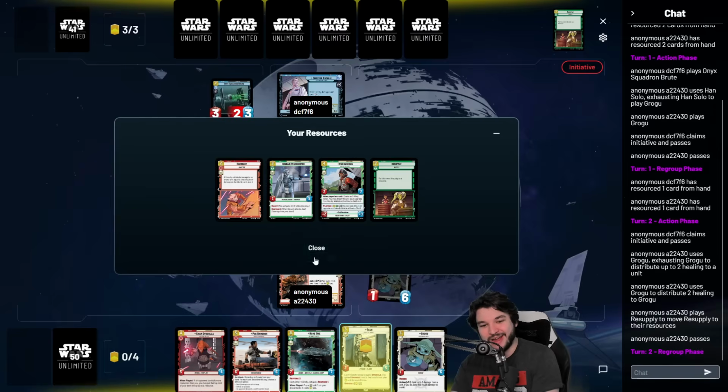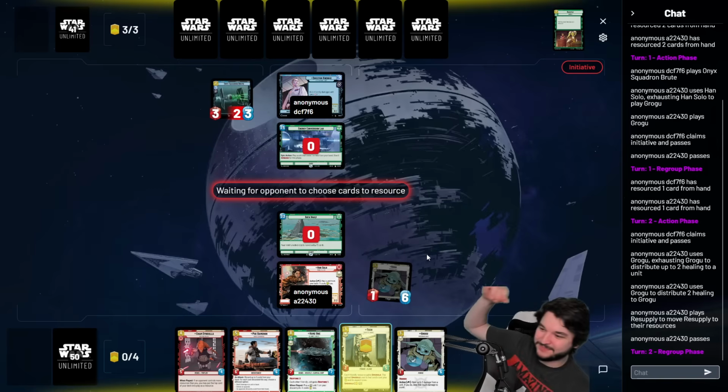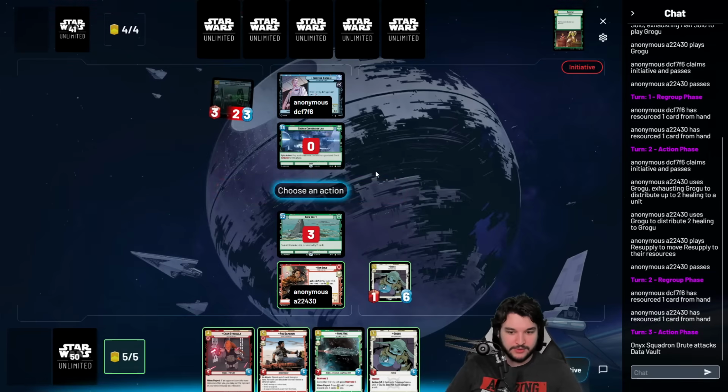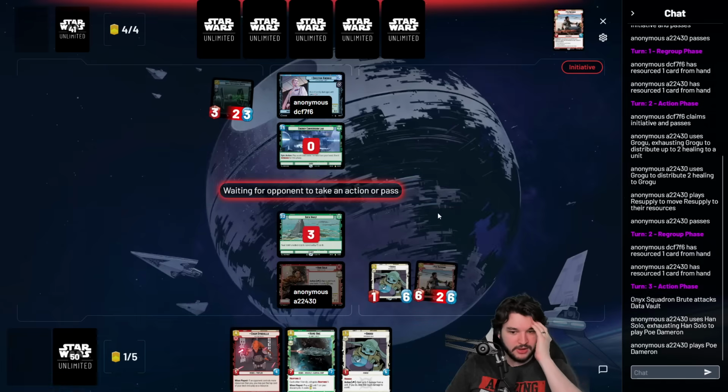Man, so tragic. I don't want to see that at all. Gonna buff up the Onyx Squadron Brute for my opponent. You know, just give him a little sprinkling of some power bonuses over on the Onyx Squadron Brute. Yes, I know I'm fighting Krennic, but I actually don't really care about my HP this game, so I am totally fine with that. Let's go ahead and actually play out the Poe Dameron, and if they have like a